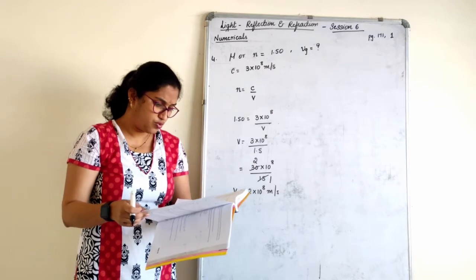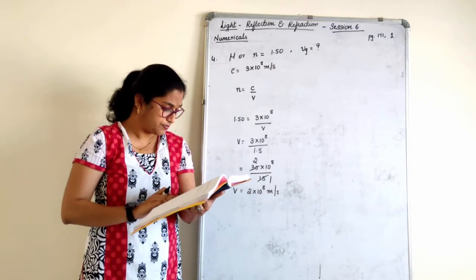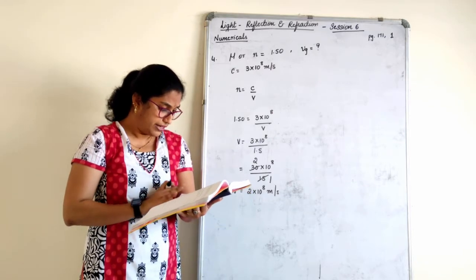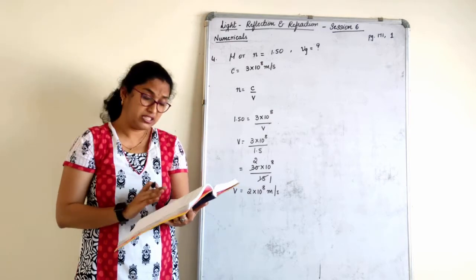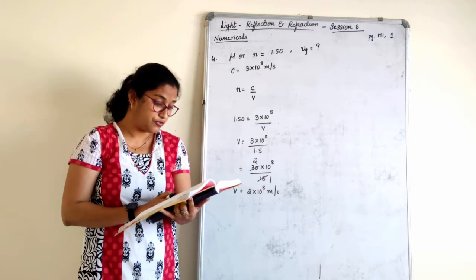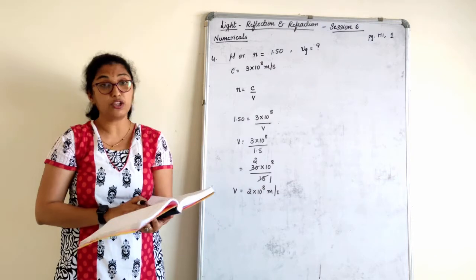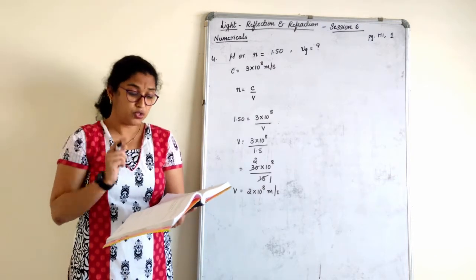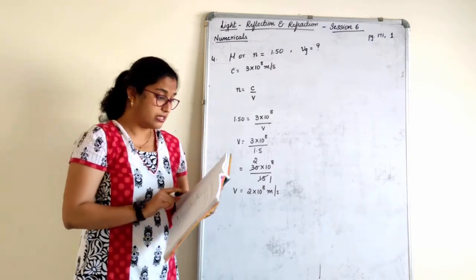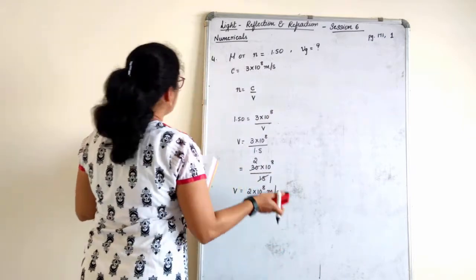Then the rest is just reading the table and writing. Define one diopter. The refractive index is a very important question. The refractive index of diamond is 2.42. What's the meaning of the statement? It's given that most of the time it is asked. Yes. We'll move to the next one now, which is about lens.